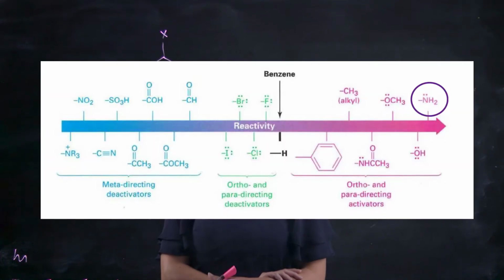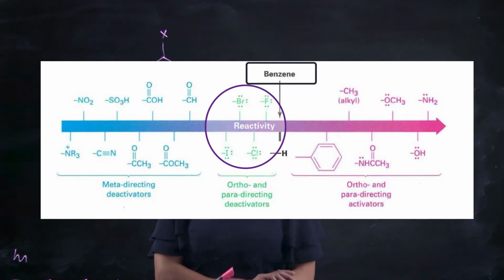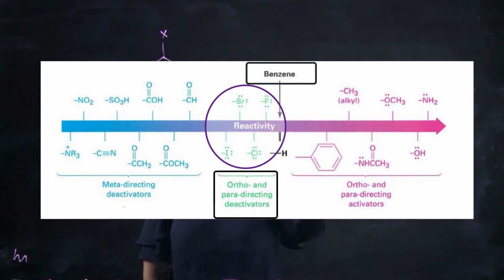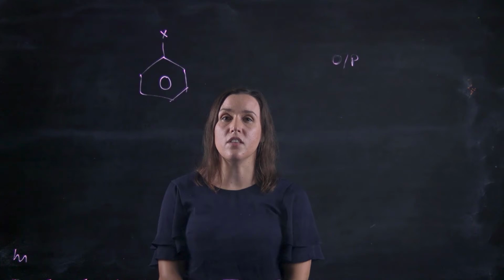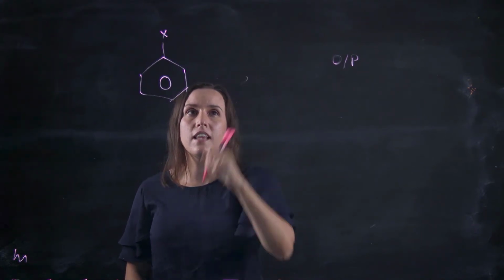So groups that activate are NH2s, OHs. They're more reactive than the normal benzenes. If you have a halogen attached to it, it's slightly less reactive than a normal benzene. And if you have a delta positive directly next to the ring, it's very deactivating, so it really slows down the reactivity. Now, let's say this is a halogen. A halogen is an ortho-para directing. It's less reactive than normal benzene,